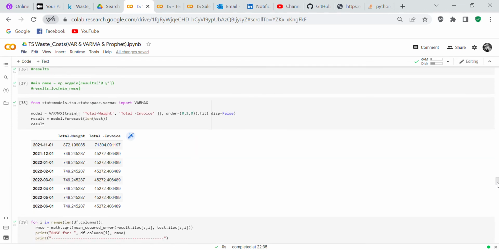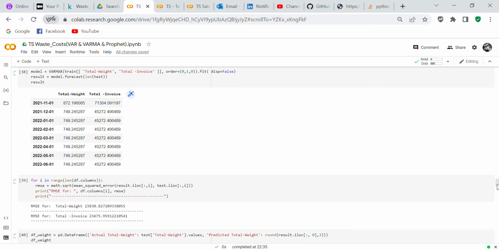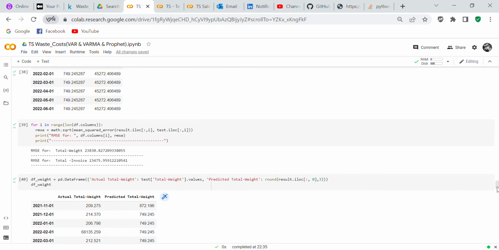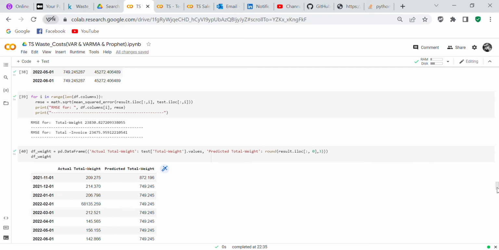And so now what we're going to do is use the VARMA statsmodels method. Model equals VARMA train, total weight, total invoice, order equals 0, 1, 0, fit, disp equals false. So you can see these are your predictions, your total weight, and your total invoice. So we want to see what the RMSE is, and that's your error. So we run it in a little for loop, and you can see the RMSE for the total weight is 23,830, and the RMSE for the total invoice is